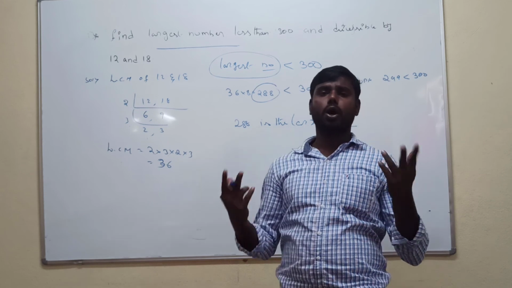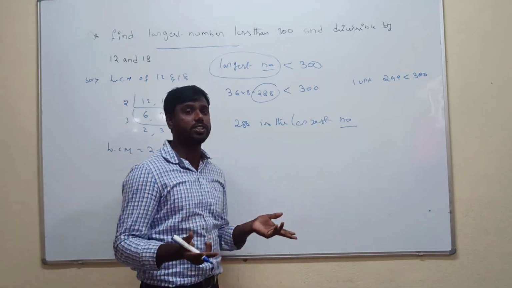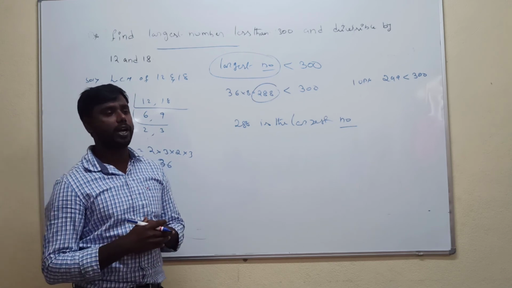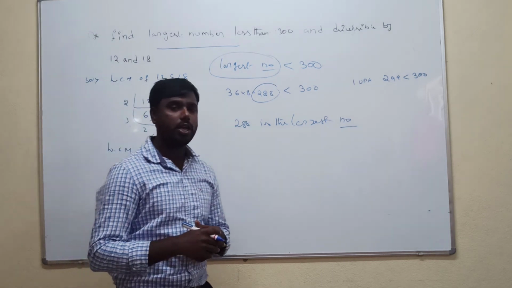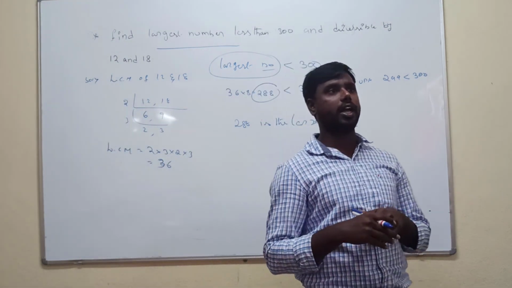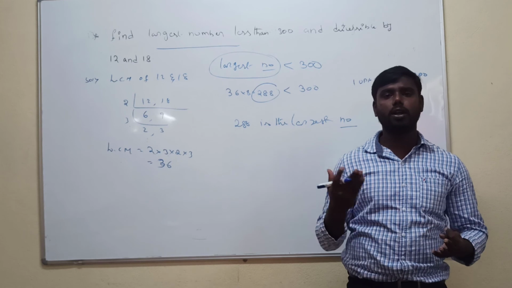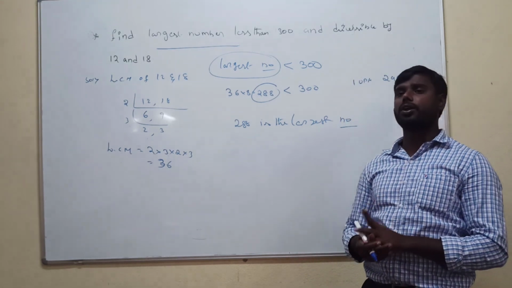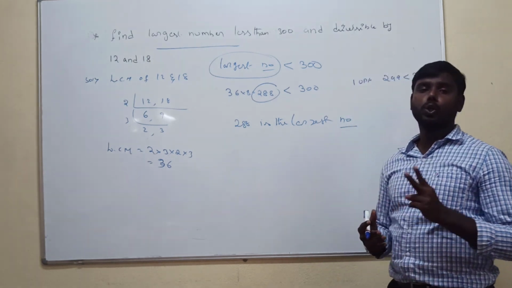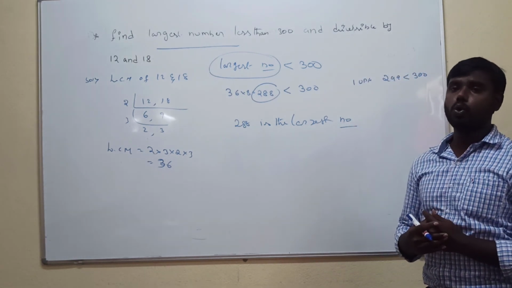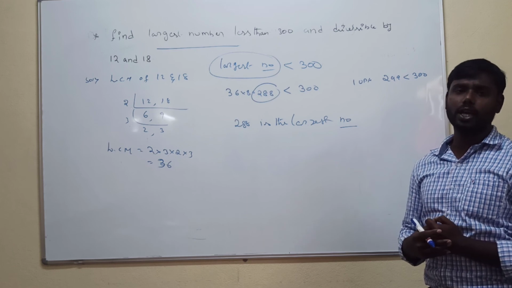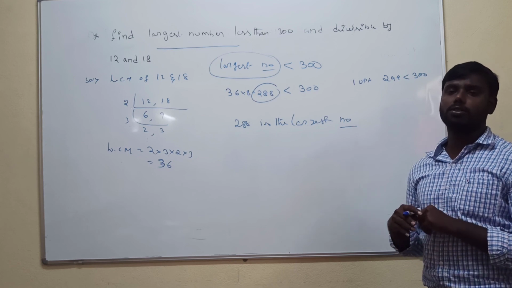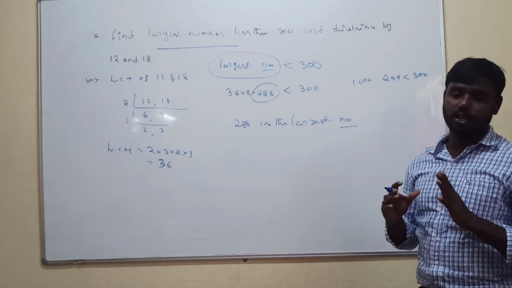There are only two definitions: one is linear equations, another is quadratic equations. The definitions are very important, and the formulas are also very important. We already learned them in the 9th or 10th classes. The elimination method, substitution method, formula method and factor method: these four methods will definitely come in the final exam. Two methods will come from the final exam, two questions of 6 marks each, so you should get 12 marks, plus one definition question of 2 marks. Totally 14 marks for the second chapter. So the second chapter is very easy.